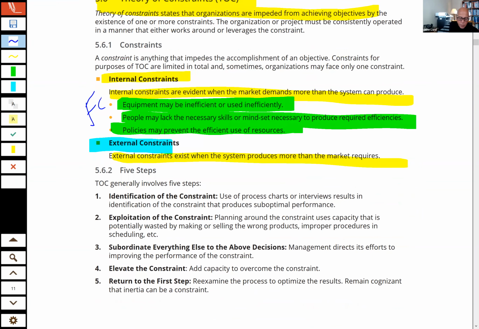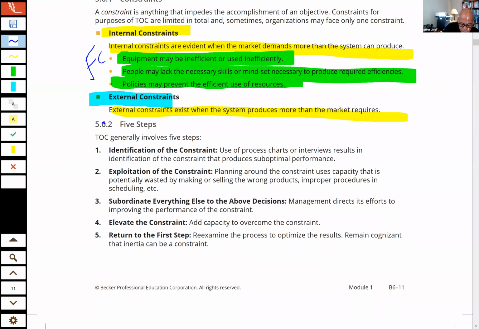Okay, good. Now we come over and let's take a look at the 5 steps of this theory of constraints. And let's go ahead and flashcard those. So you need to identify the constraints, decide how to exploit the constraint, planning around the constraint. For example, what's potentially wasted by making or selling the wrong products. Okay, subordinate everything else to the above decisions, elevate the constraint, add capacity to overcome the constraint, and then you